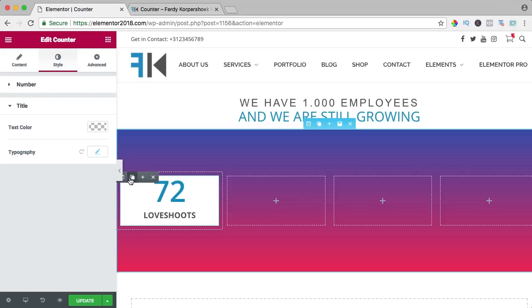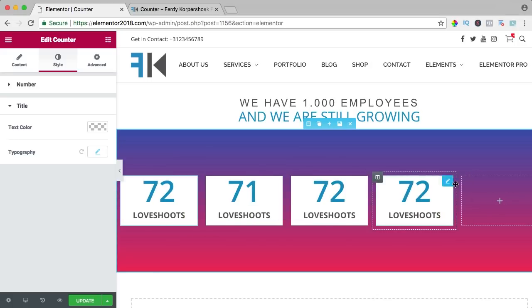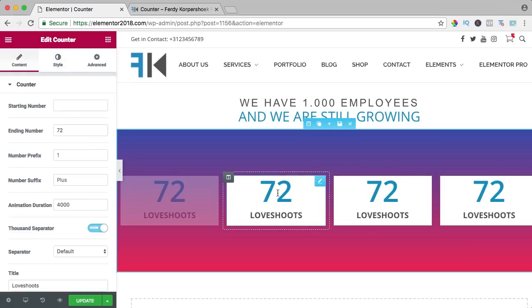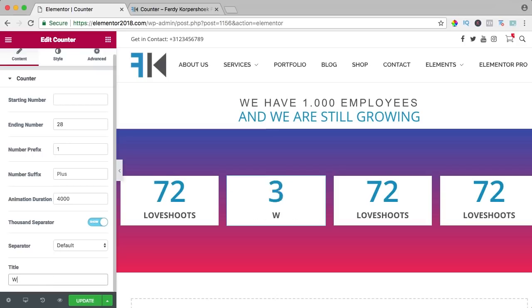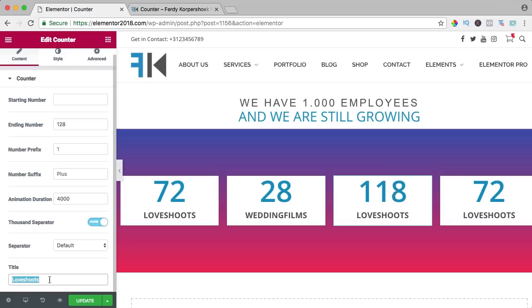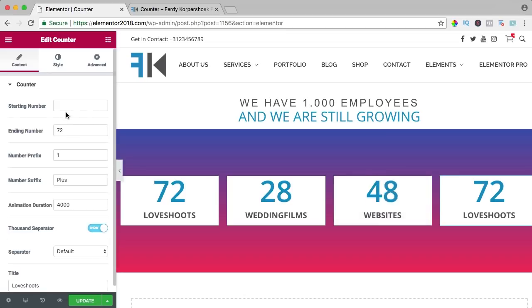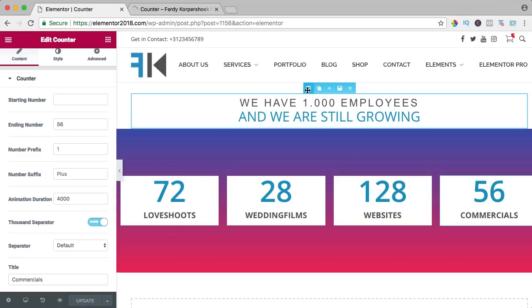Now I can duplicate this area, the column, a few times. And I remove this, and remove this. And now I say over here, 28 wedding films and 128 websites. And this one, 56 commercials made. So if I update it, I go over here,